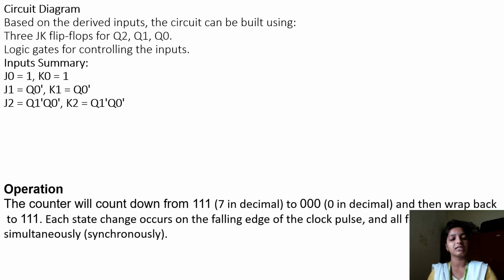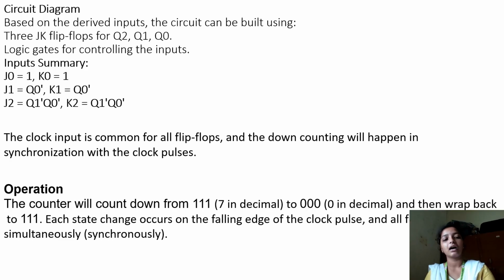In operation, the counter will count down from 7 in decimal, that is 111, and then wrap back to 111. Each state change occurs on the falling edge of the clock signal, and all simultaneously. We also know the clock input is common for all flip-flops, and the down counting will happen in synchronization